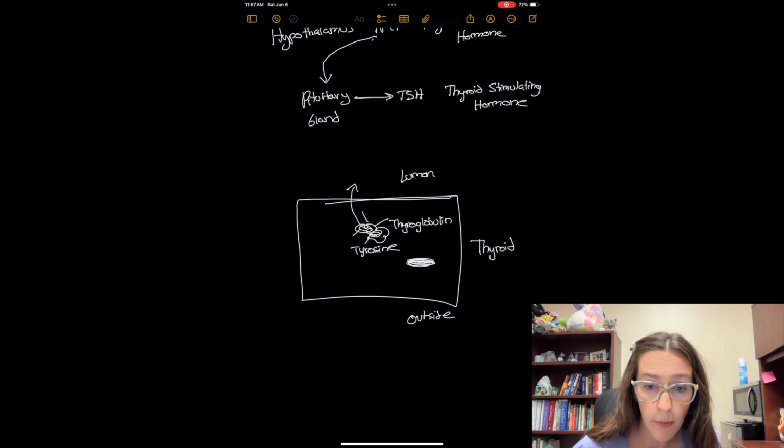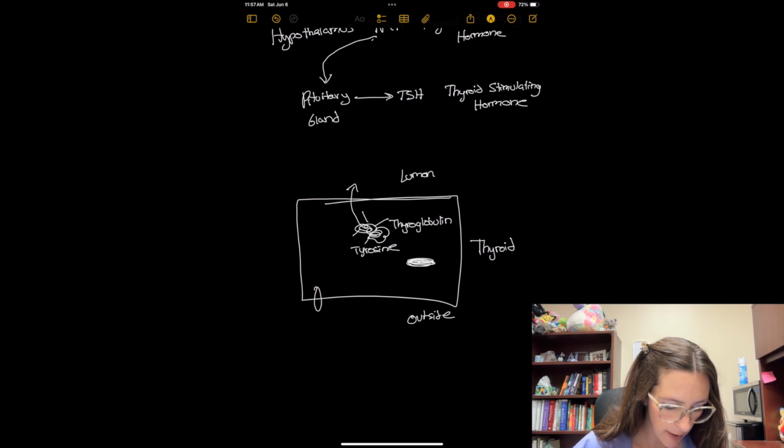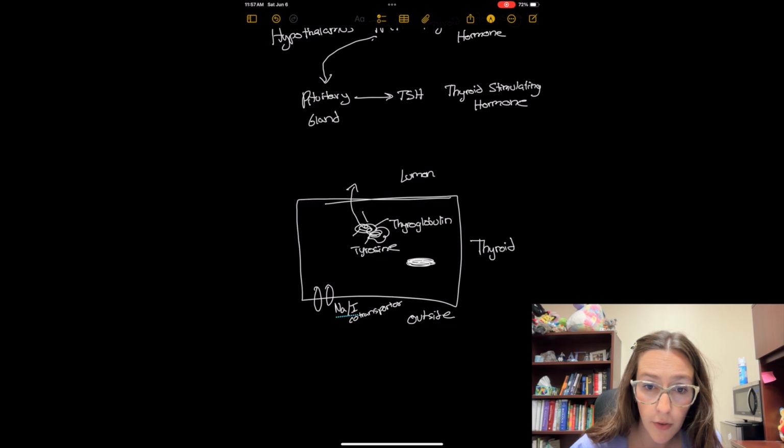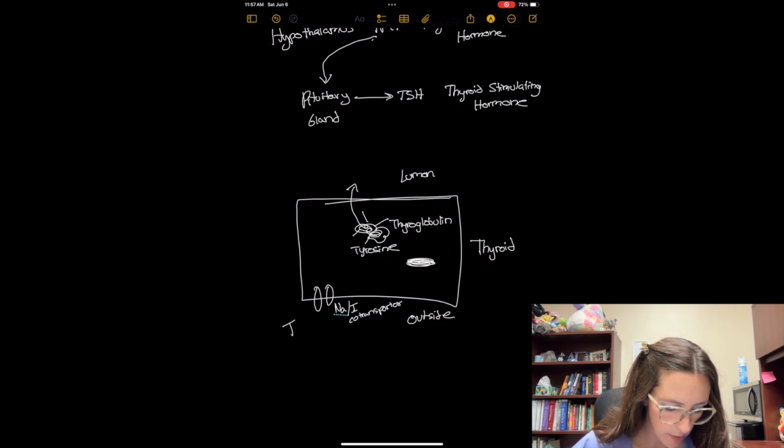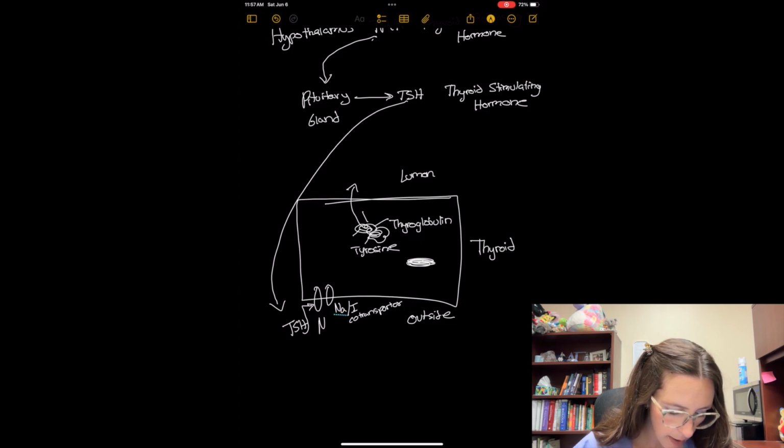But in order to make T3 and T4, right, they need to have iodine. To get iodine, we have a transporter, okay? We have a sodium iodine co-transporter. And in order for this to be present on the membrane and active on the membrane, we need TSH. Okay, so when TSH is released from the pituitary gland, it's going to activate this process, and now sodium and